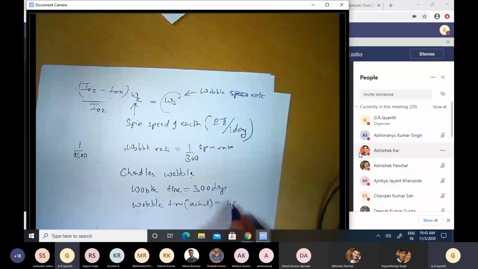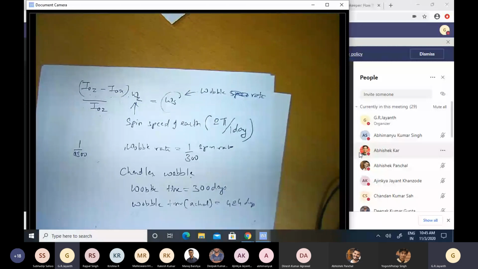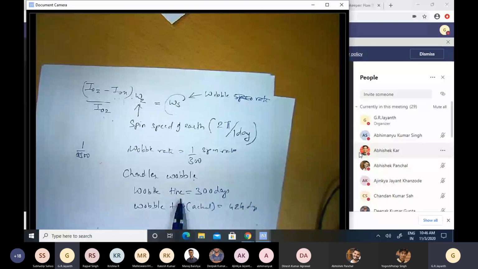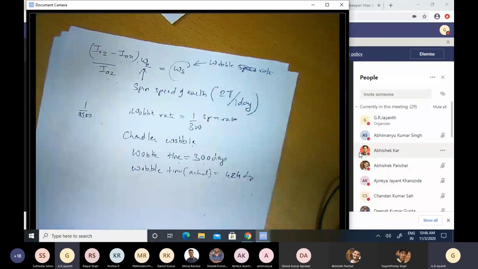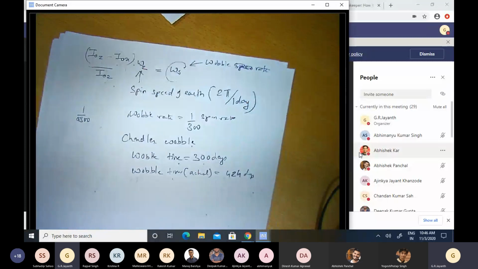So what explains this small difference? It's because Earth is not a perfect rigid body. The inside of the Earth is molten, and therefore it has viscoelastic properties. It's not a rigid body, and therefore there is no exact match between the wobble time you would get by modeling it as a rigid body and the actual wobble time. But to a large extent, the order of magnitude of this wobble rate has been captured by this rigid body model. So this is one example where we have this picture of angular velocity changing as a function of time in the body coordinate system.